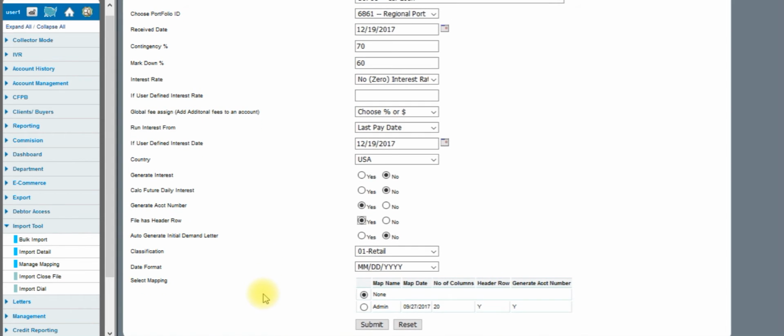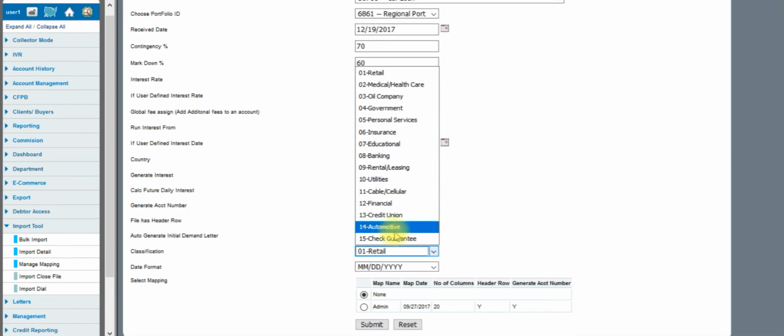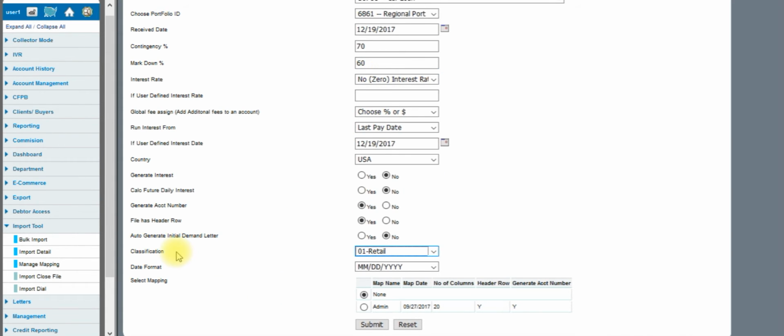As we scroll down a little bit further, we can see a classification here. The classification is required and you must choose one of these 15 types of classifications. The reason the classification is here is that if you're going to report on credit, the Metro 2 format requires that if you're going to send a file to Equifax, Experian, TransUnion, or Innovis, you have a classification ID. That ID must be present in the export file and any subsequent files that you send to the credit reporting